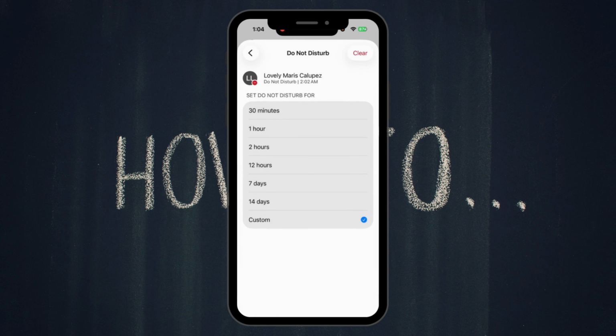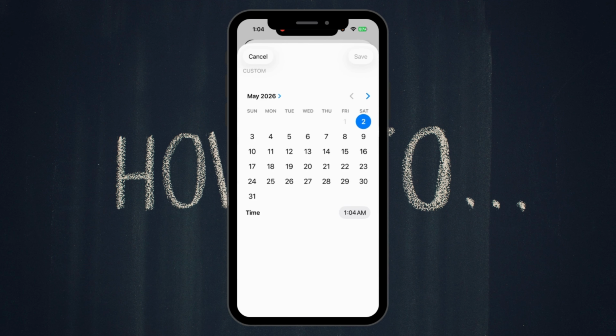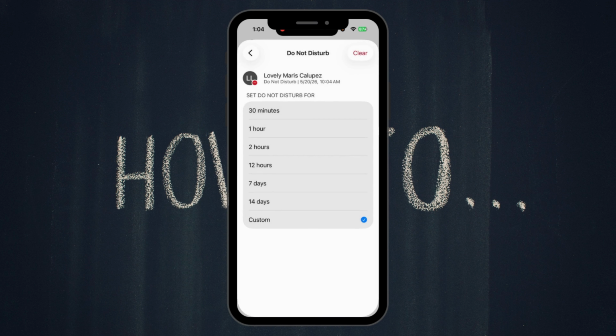So if you want to custom it, just click on custom and select the date you want. So for example, I'm going to select May 20. You can also change the time in here, AM or PM, whichever you prefer. Once done, click on Save. And next, click on the arrow right here to go back. And as you can see, it has now been set to Do Not Disturb on that specific date that I